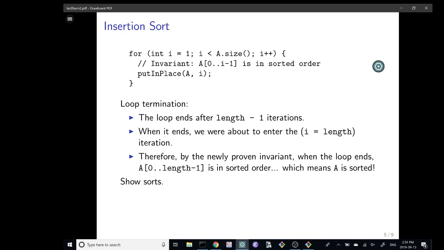The little show sorts down at the bottom is a reminder to me to remember to do something. Don't worry, I won't forget. But before I remember that,